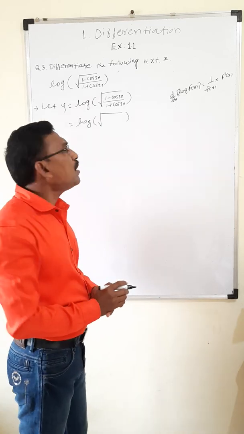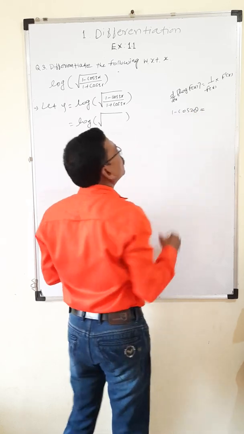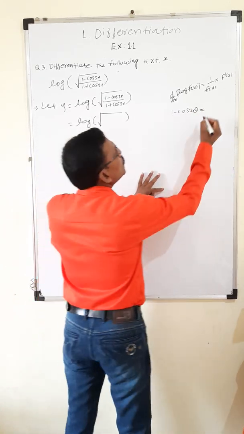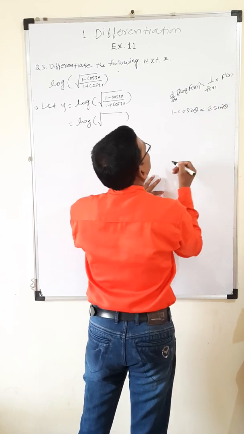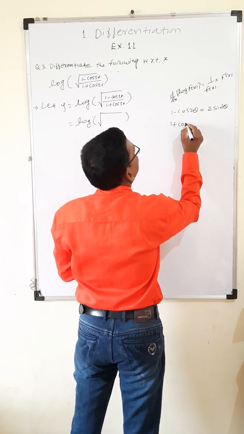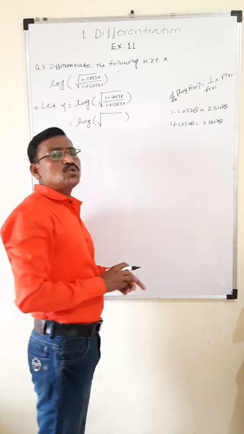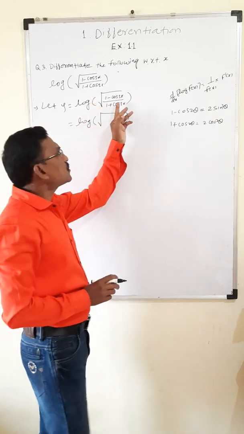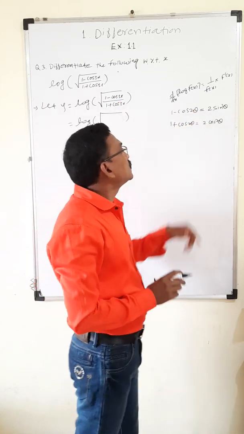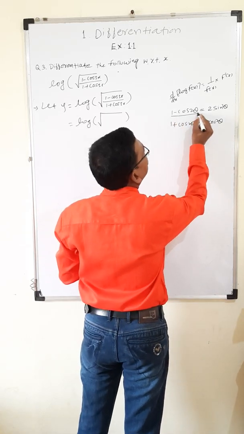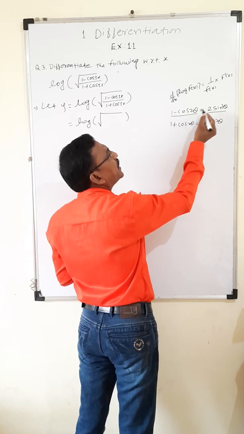by using the double angle formula, 1 minus cos 2 theta is equal to 2 sin square theta, and next 1 plus cos 2 theta is equal to 2 cos square theta. We use these two double angle formulas here. So 1 minus cos 3x here, the angle of cos is 3x, and here the angle of cos is 2 theta. So here 1 minus cos 2 theta is 2 sin square theta. Means here whenever its angle is double, then its angle is single.